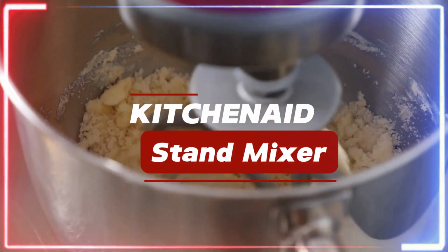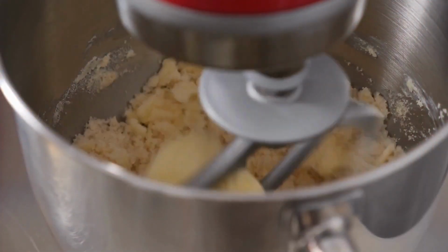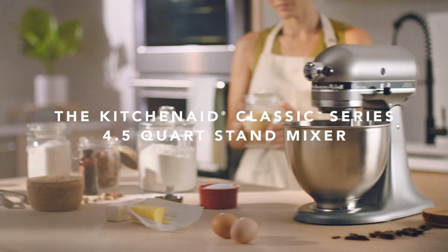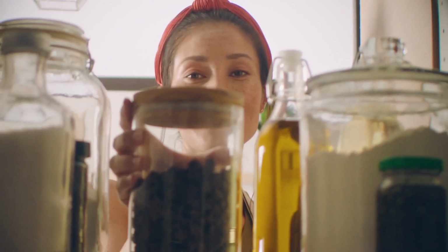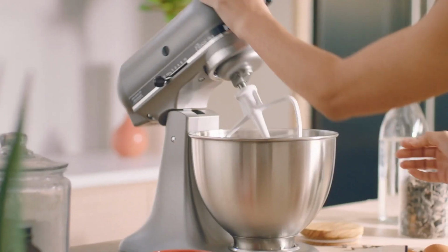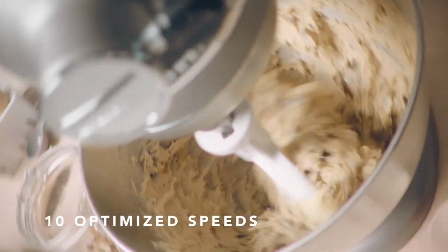Number 1. KitchenAid 4.5-quart Stand Mixer. Known for its durability, the KitchenAid Classic Series 4.5-quart tilt-head stand mixer K45S is a staple in many kitchens. Crafted from all metal, it boasts a 59-point planetary mixing action, thoroughly blending ingredients in its 4.5-quart stainless steel bowl